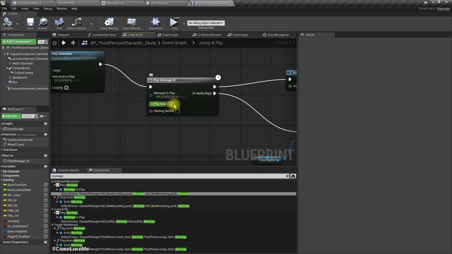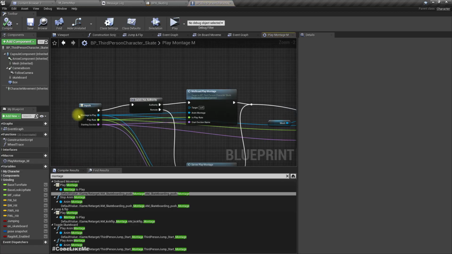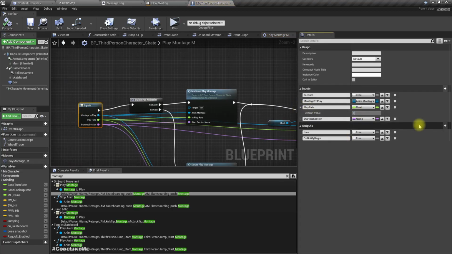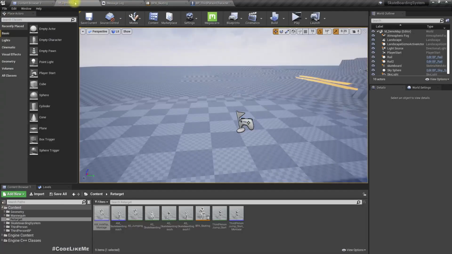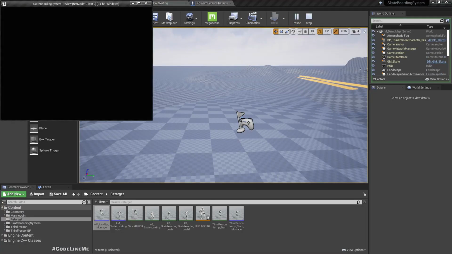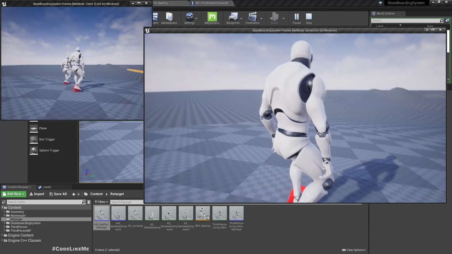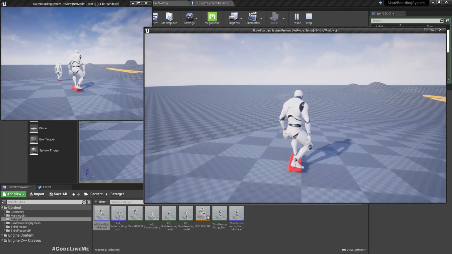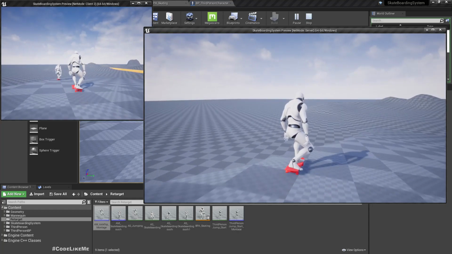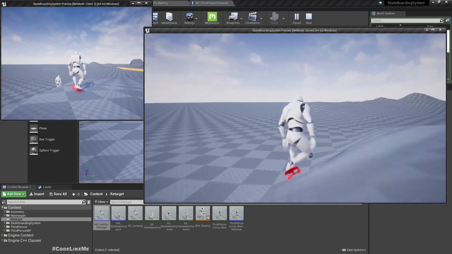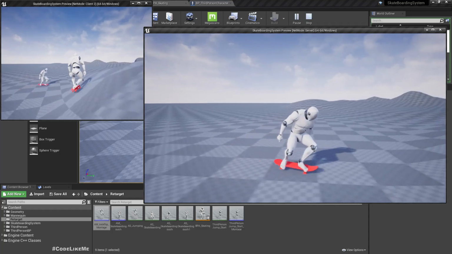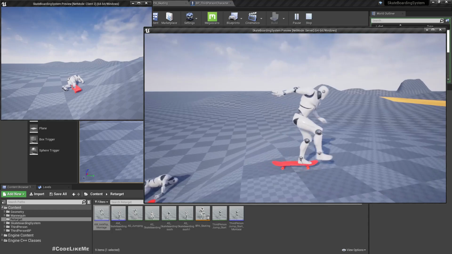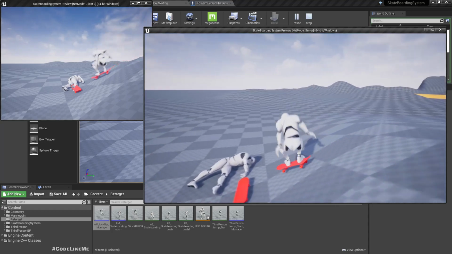Sorry, play rate is 0. The default value of the play rate should be 1. That's the issue. Right, now let's see. Yeah, now we can see the replications happen properly, but the problem is